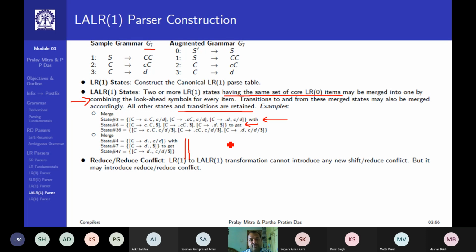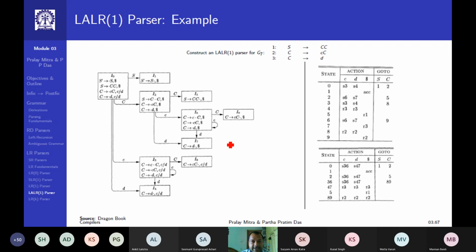Now when we are moving to LALR1 and showing the power of it, I am also eager to tell you that since we are merging, there may be no shift reduce but a reduce conflict. When we are at position C derives D dot, which production rule to take? In some grammars that may be a problem. I will show you that later. But before that, let us see, after converting LR1 to LALR1, how it will look.